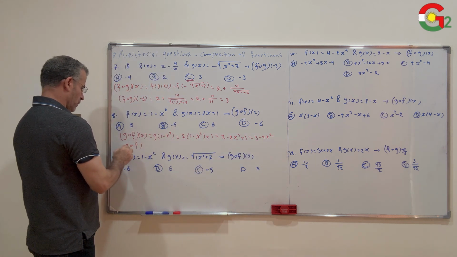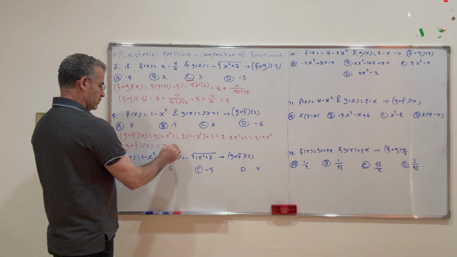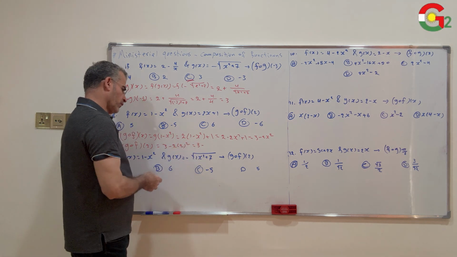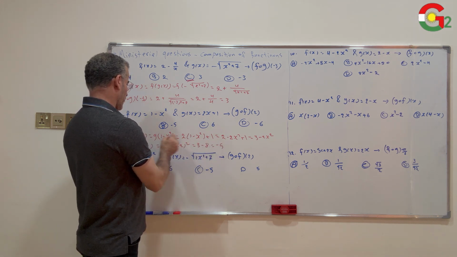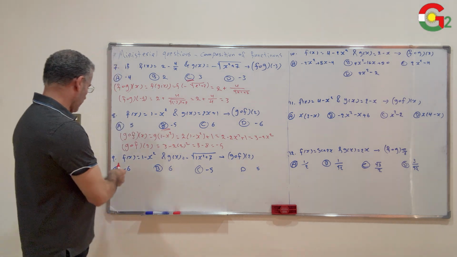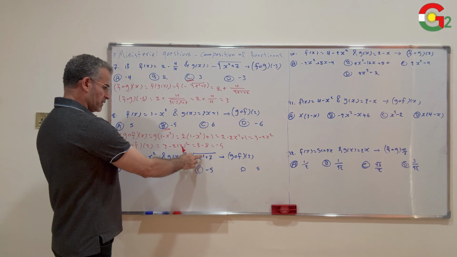g of f of 2 equals 3 minus 2 times 2 squared, which equals 3 minus 2 times 4, which is 3 minus 8, equals negative 5. Choice number B. F of x equals 1 minus x squared, g of x equals negative square root of 2x